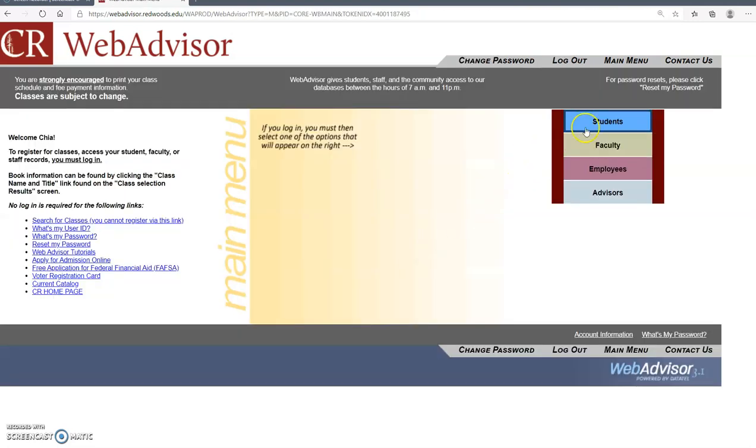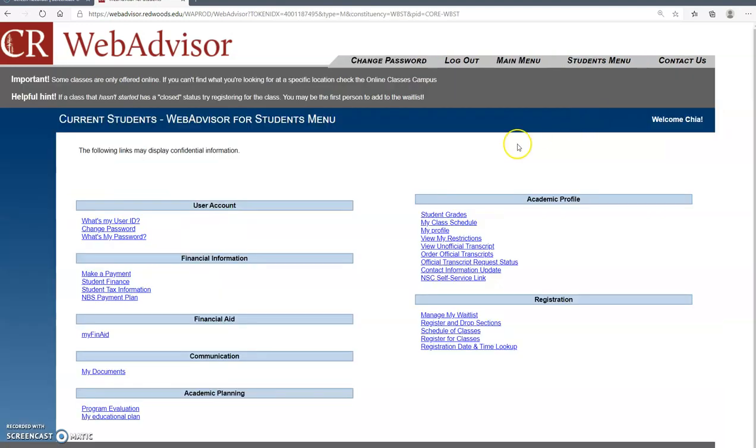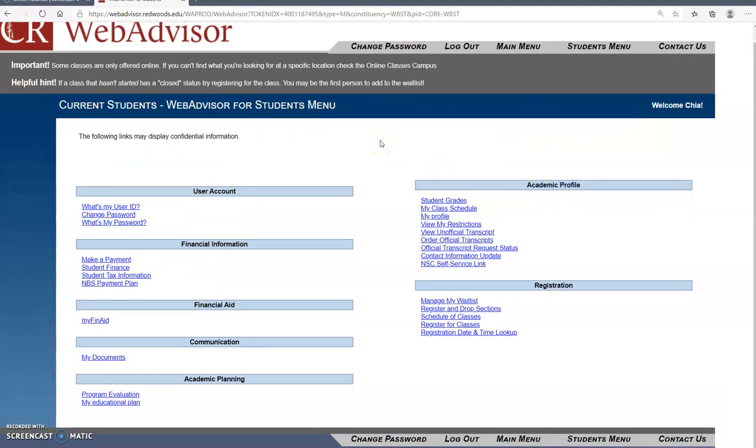Once you have logged in, click the Student menu. We are now logged in to WebAdvisor. On the bottom left-hand side of your screen is Program Planning. Once you've declared a program with College of the Redwoods, you can monitor your progress towards completion of your degree through Program Evaluation. You can also create a student educational plan with a counselor or advisor in which you map